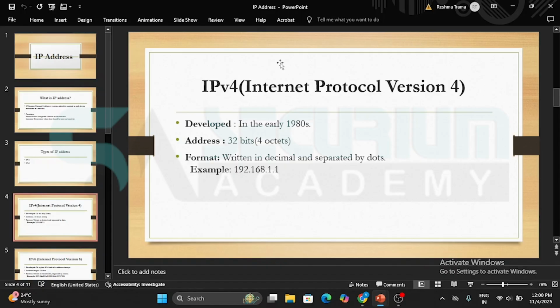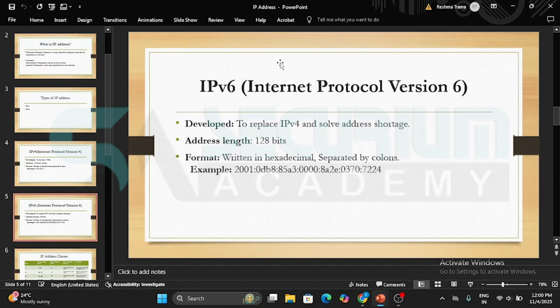For example, 192.168.1.1 or 10.6.0.1 or many more. And IPv6 is Internet Protocol version 6. It was developed to replace IPv4 and solve address shortage.